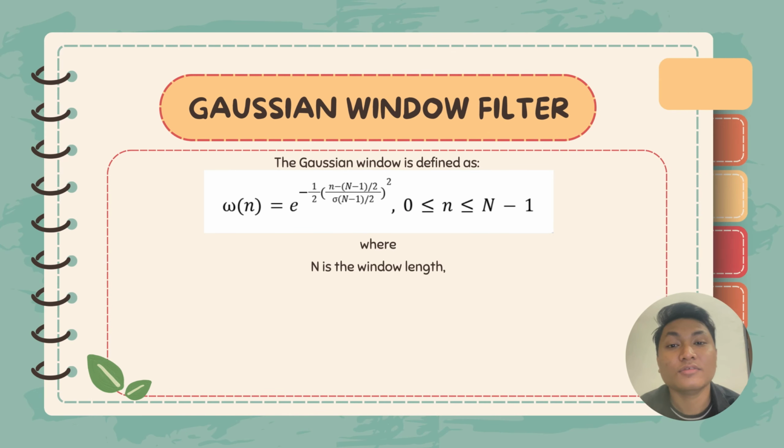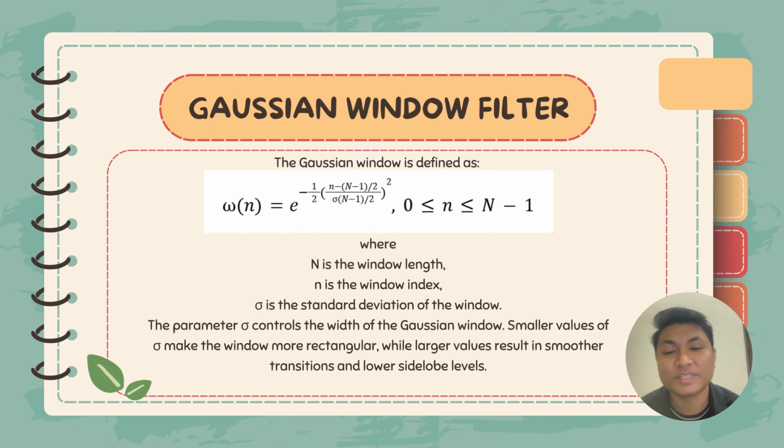Good day everyone. Now, I will be talking about the Gaussian window filter. This filter can be defined as the mathematical expression given, where the capital N is the window length, the smaller n is the window index, and sigma is the standard deviation of the window. The key parameter of this filter is that sigma controls the width of the Gaussian window. The smaller value of sigma will make the window more rectangular, while larger values result in smoother transition and